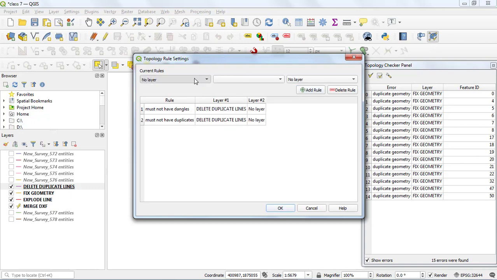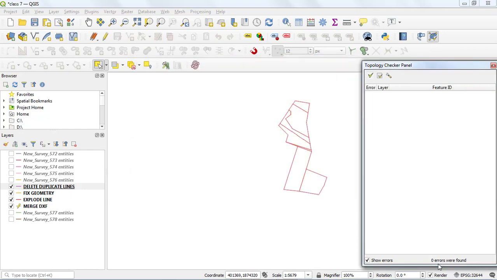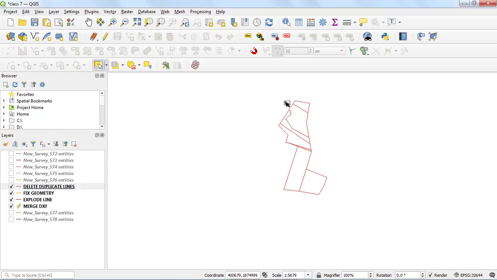Click on add rule and now delete duplicate line layer and must not have invalid geometry. Click on add rule and click on OK, and now select this tick mark. So here we can see 0 errors were found. So this is how we can resolve the errors when the errors arise.